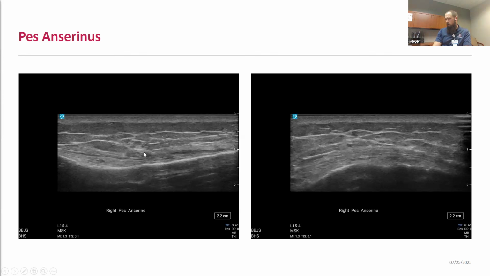And so here we're again in the long axis view, and we start to see these tendons coming across the deeper tibial collateral ligament. And this is going to be the area where you're looking for any bursal fluid. Typically, you're not going to see any evidence of fluid in these cases. Rarely do we see true bursal inflammation in these areas, but if it is present, you'll typically see it between the Pes Anserinus and the underlying tibial collateral ligament.